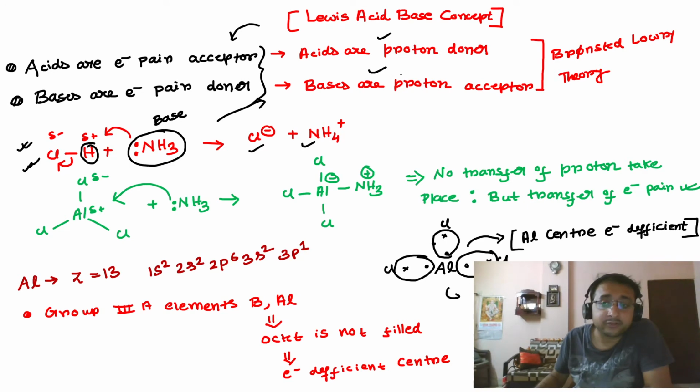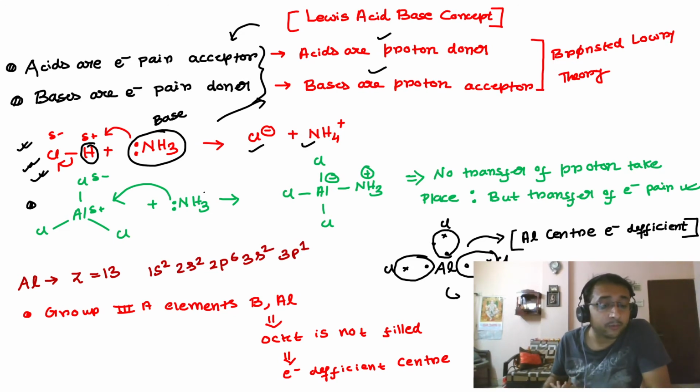So according to the Bronsted-Lowry theory, hydrochloric acid is basically nothing but an acid. This acid-base reaction can be explained by both the Lewis acid-base concept as well as the Bronsted-Lowry theory. But there is another reaction, the reaction between aluminium chloride and ammonia. Now here comes the problem, because this acid-base reaction cannot be described by using the Bronsted-Lowry theory, because there is